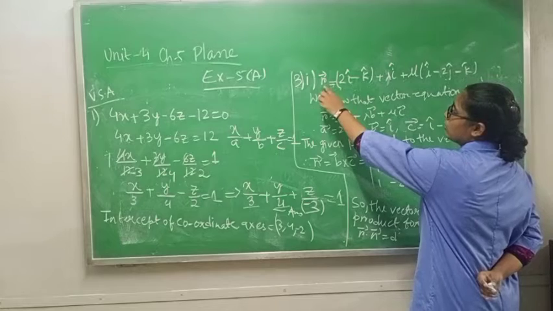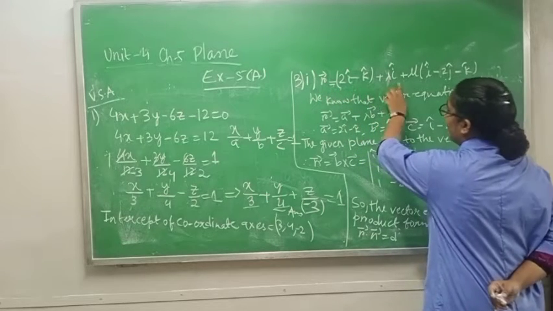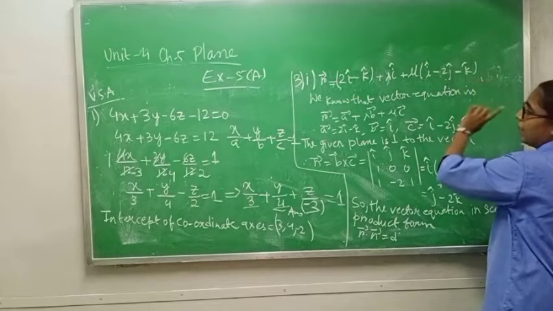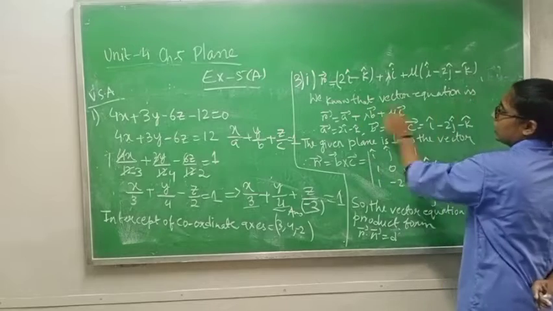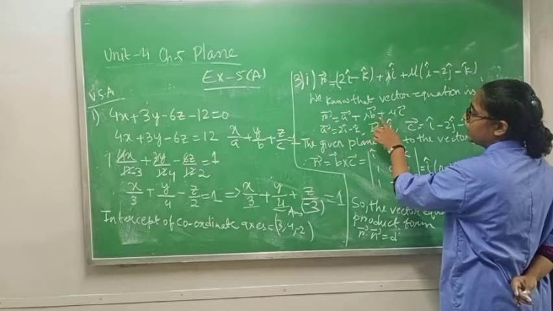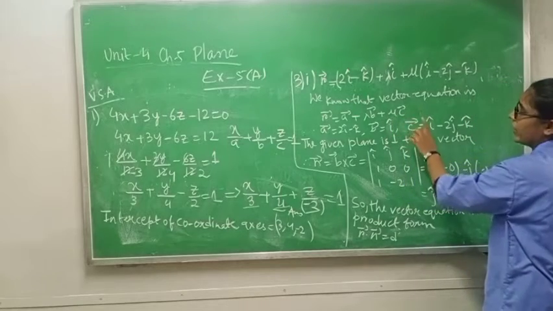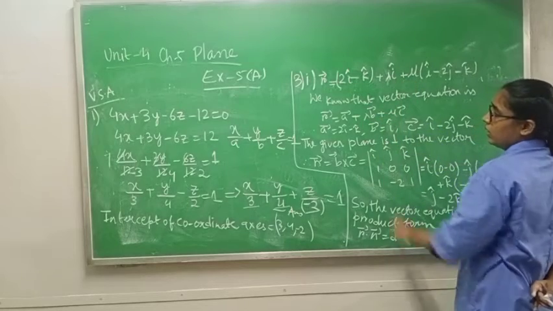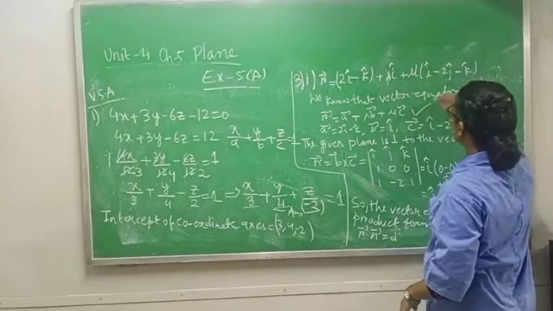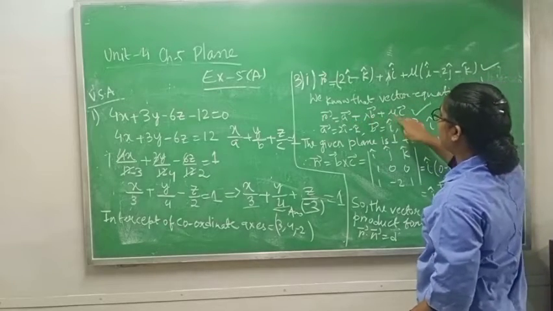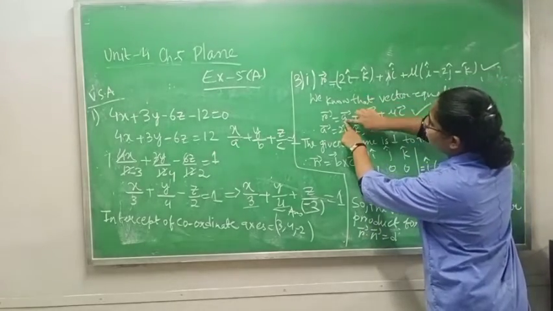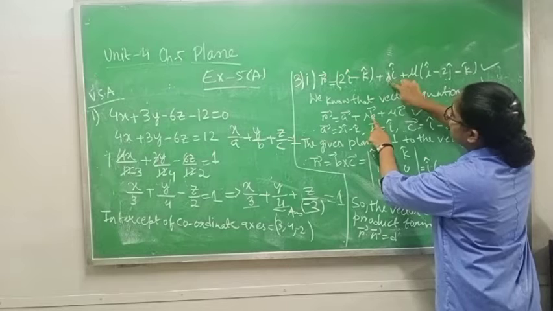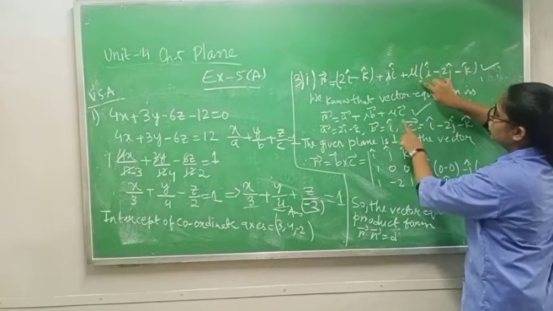First of all, the equation is r vector equals 2i cap minus k cap plus lambda (i cap) plus mu (i cap minus 2j cap minus k cap). We know that the vector equation is r vector equals a vector plus lambda b vector plus mu c vector. Why am I taking this? Because see, lambda and mu, two things are given to you. It means that it is this equation. Now using this one and this one, we can find the a value, b value and c value. Now see, in place of a vector you have 2i cap minus k cap. Lambda, then b vector is i cap only. Then mu, you have mu.